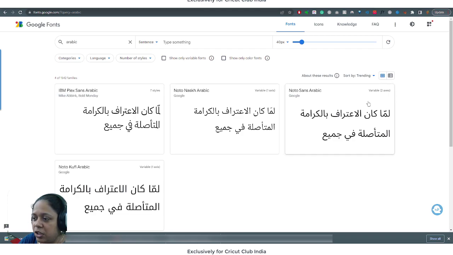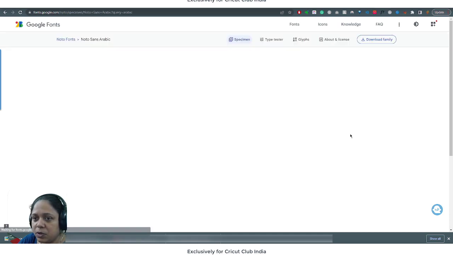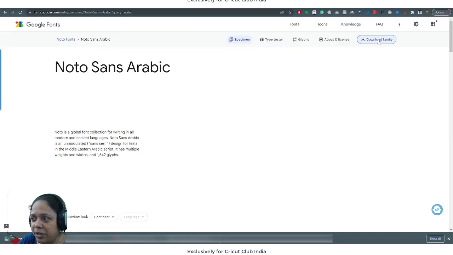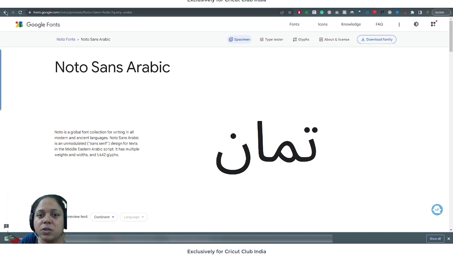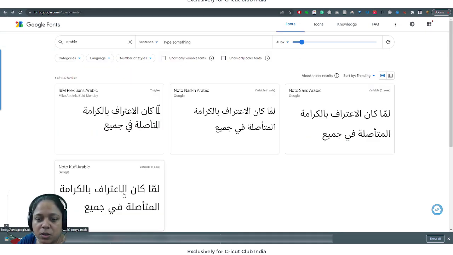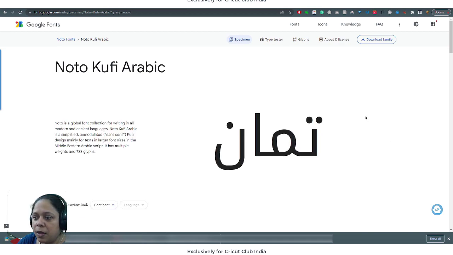If you choose any of these, like if this is Noto Sans Arabic, you can select this, and then you can download the font family, so that will download the font family. I'll choose the other one because I don't have it, so I'll choose Kufi Arabic, and that's it. I'll click download family. It will download it for me,